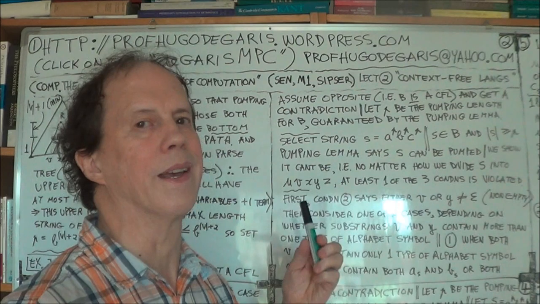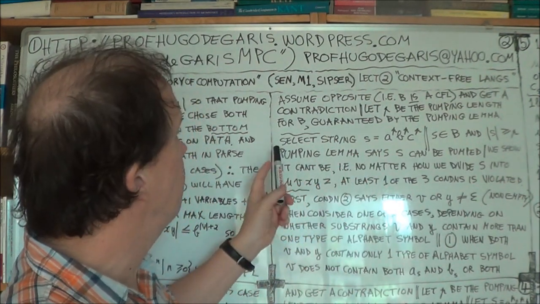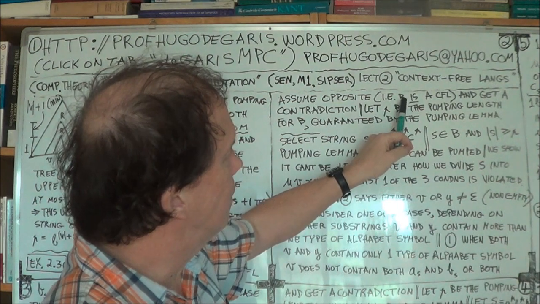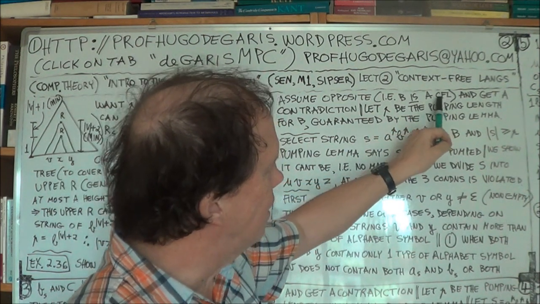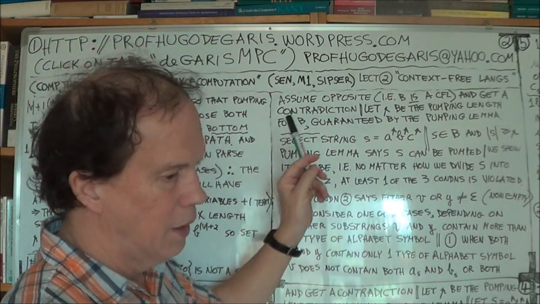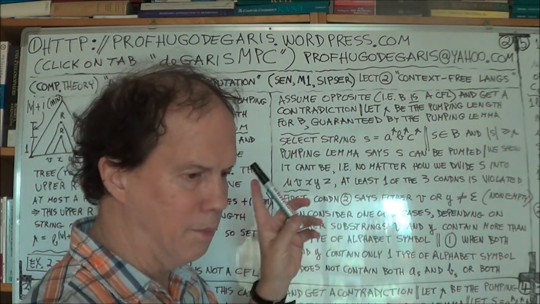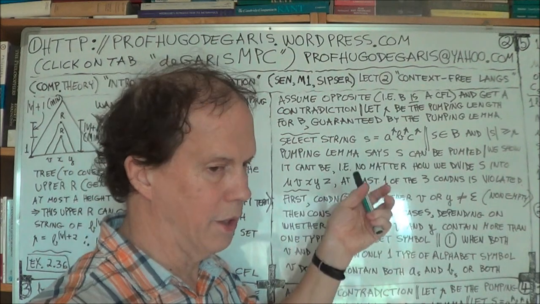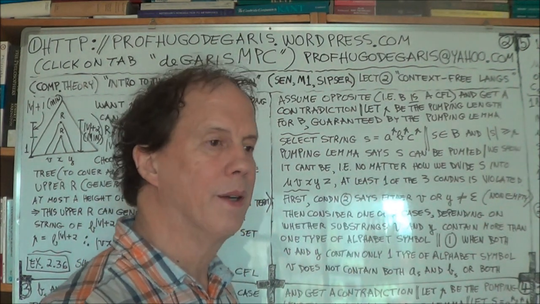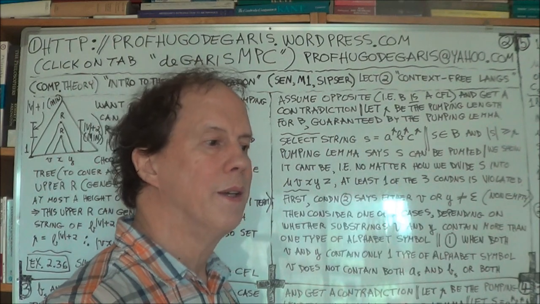We'll talk about this at length. So assume the opposite, in other words, assume that B is a context-free language, and we'll derive a contradiction. Now, the heart of the proof each time, you probably know this already, the art, I suppose, the most difficult part, well, debatable, is